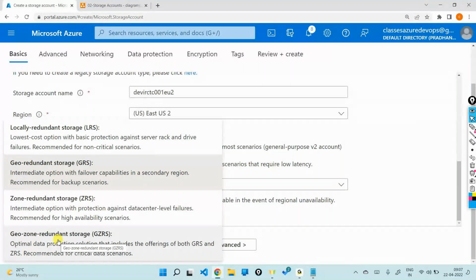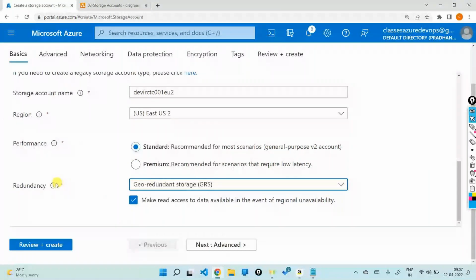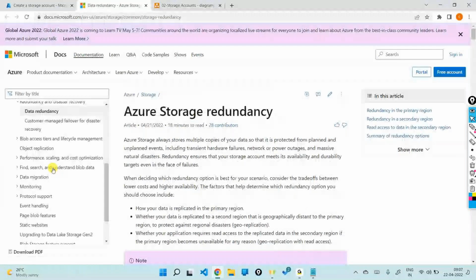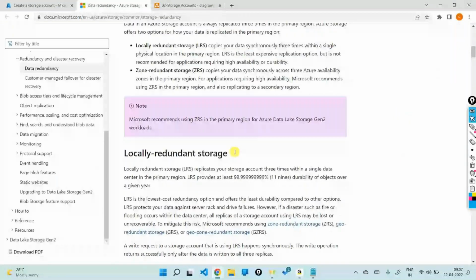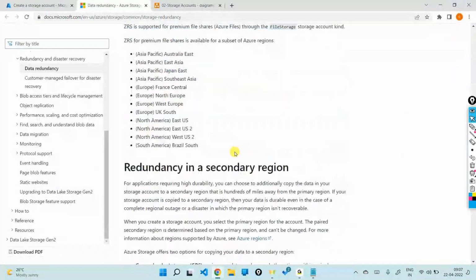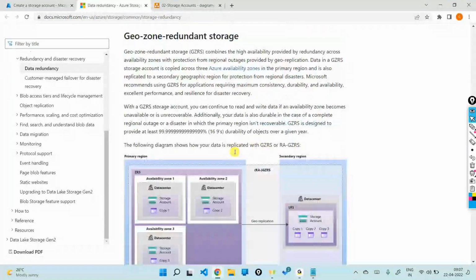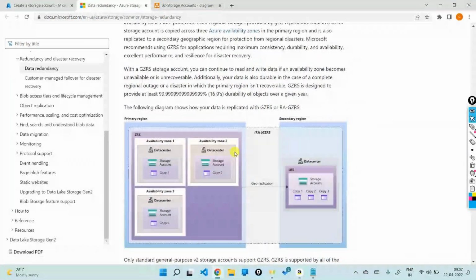ZRS, primary and secondary. Zones exactly. And in secondary, one zone LRS. So you have something like this. If you go ahead and look at the documentation out here, now this is a relatively latest option. If I just scroll down and go into something like availability in zones, it is this. So you have a ZRS in the primary region and you have an LRS in the secondary region. Again, availability is the same,